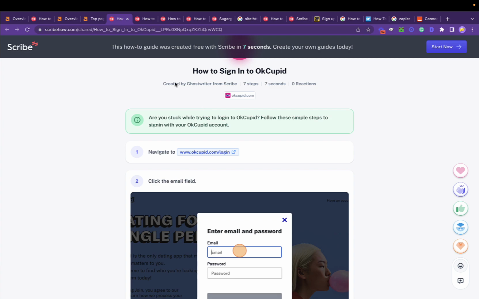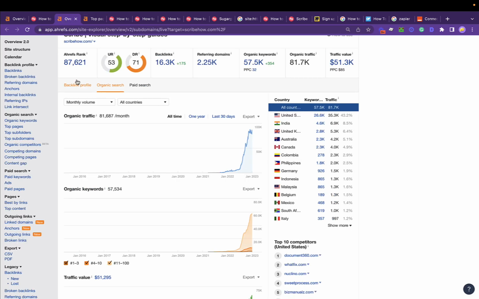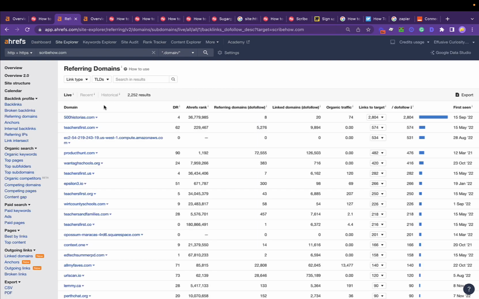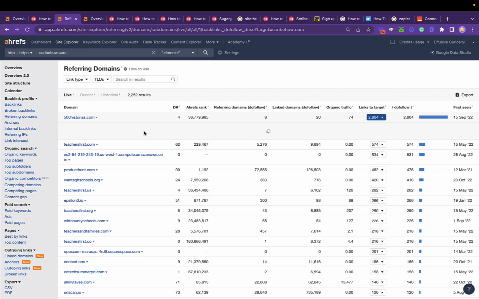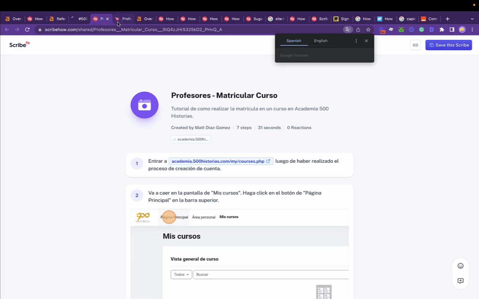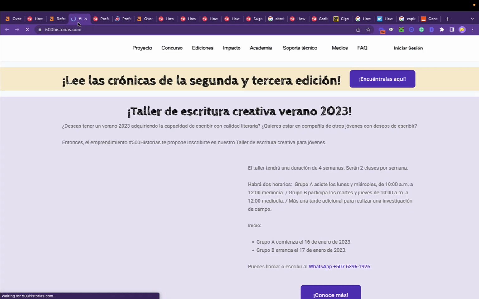these to their site. So as you can see, if we take a look here, for example, at the backlink profile, let's take a look here at the referring domains, and let's see the type of sites that do have Scribe on them, because these allow them to build a ton of powerful links from these super powerful sites, right? For example, this site right here,